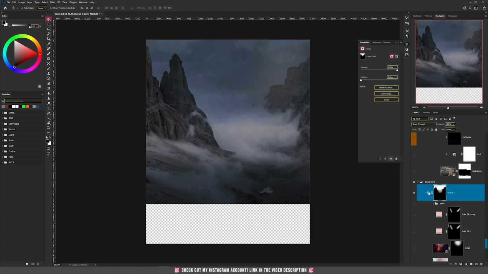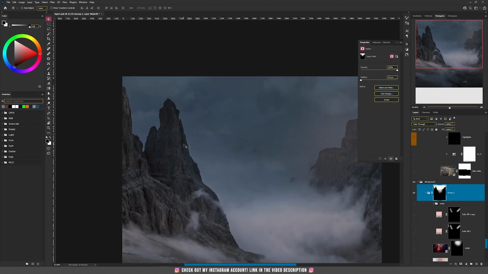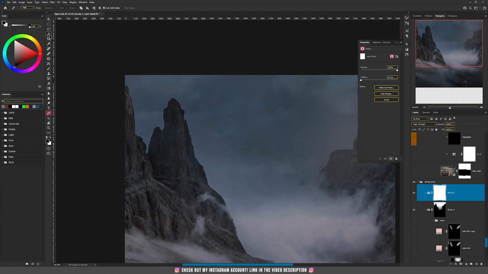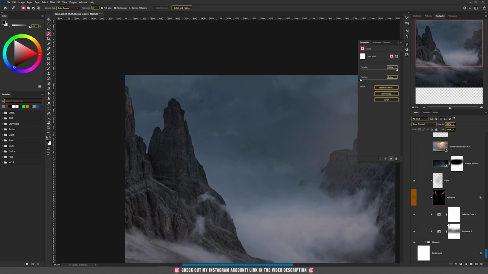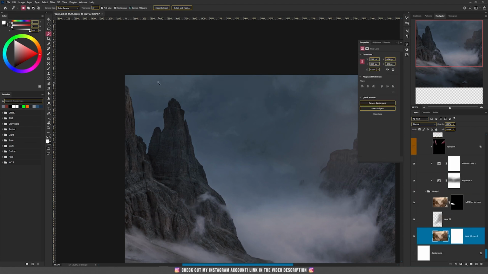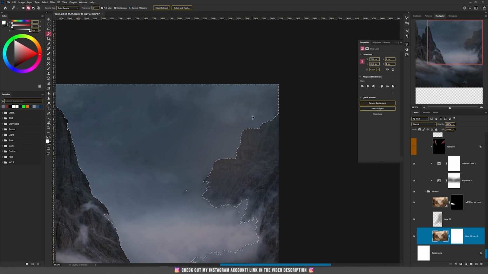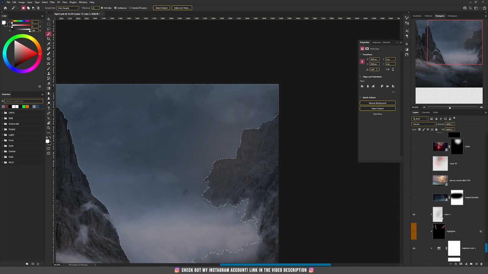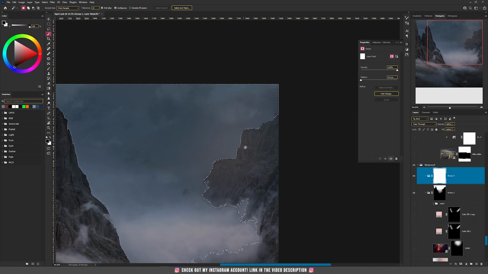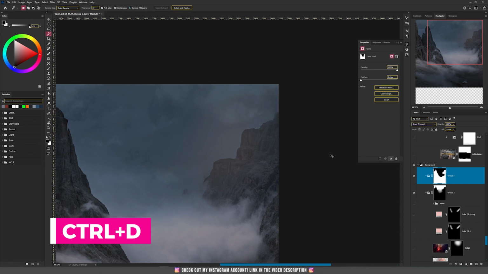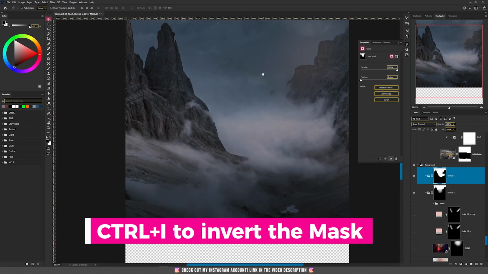Then I have made a group, and to this group I have applied this mask which has the shape of the mountain. I made a new group, I have added a mask, then I have taken the magic wand tool here on this layer with the first mountain, this one. I have tried to select the area outside the mountains, so something like that, and then I went back to that mask where I have added to that group, so let's say this one that I just created now, and here I have pressed Alt and Delete. Then I deselected by pressing Ctrl and D and inverted the mask, and now everything that happens, it will happen